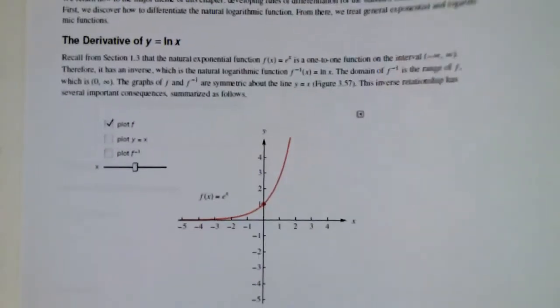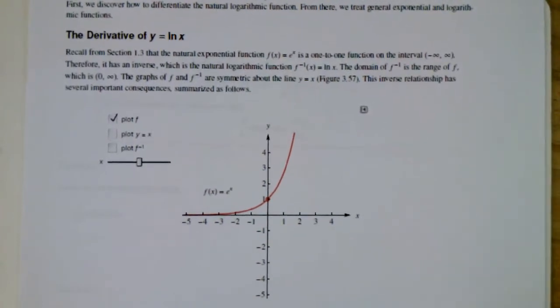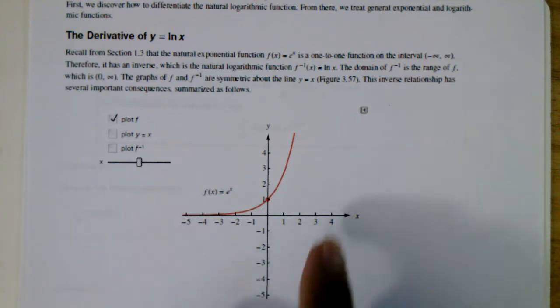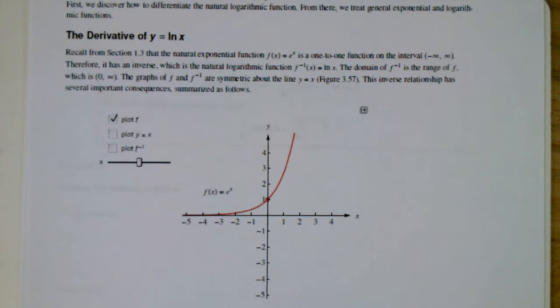Now, if you remember back in section 1.3, the natural exponential function, which is f of x equals e to the x, is a one-to-one function on the interval from negative infinity to infinity. Therefore, it does have an inverse, which is the natural logarithmic function. Of course, that's f inverse of x equaling ln of x. So the domain of the inverse function is the range of the function f, which is in this case from 0 to infinity. And here the graphs of f and f inverse are symmetric about the line y is equal